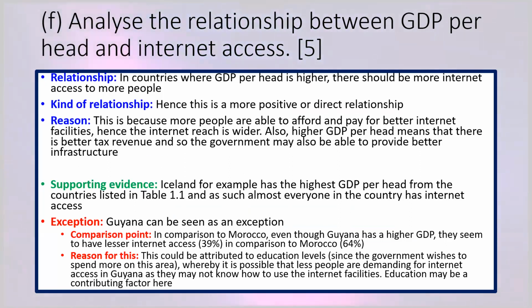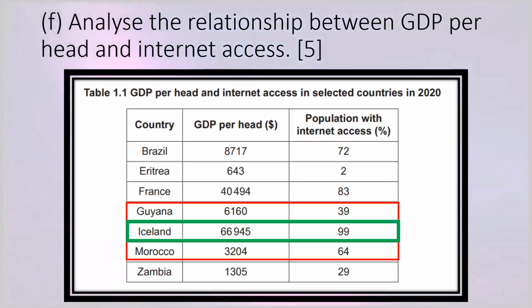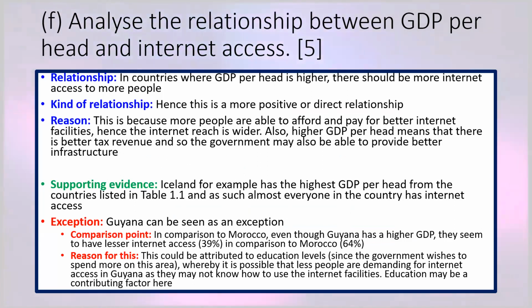So I'm redirecting the examiner: go back to your own table, table 1.1. This is what you wrote for me. It's very important you do this, because you tell the examiner, I'm not making stuff up. You said this, I'm pointing it out to you. After that, where's the internet access? Almost everyone in the country. I didn't write it down, but you should actually. It should be 99% who have internet access. So that supports